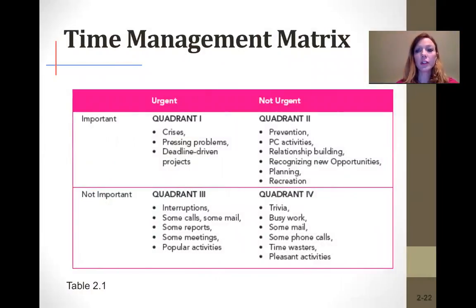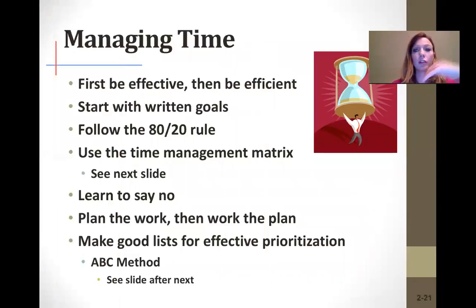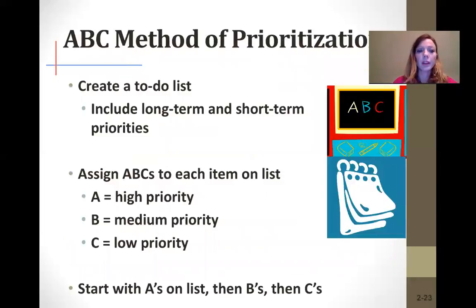Use the time management matrix, which is on this slide. Looking at all these quadrants, you will definitely want to read that because you have questions on the quiz, and you can decide just basically prioritizing things in your life to better manage your time, which would lower your stress. Plan the work that you're going to do every day, and then actually try to get those items completed. So making a list with priorities. And doing this, you can make a to-do list each day. And A would be high priority, B, medium, C, low.